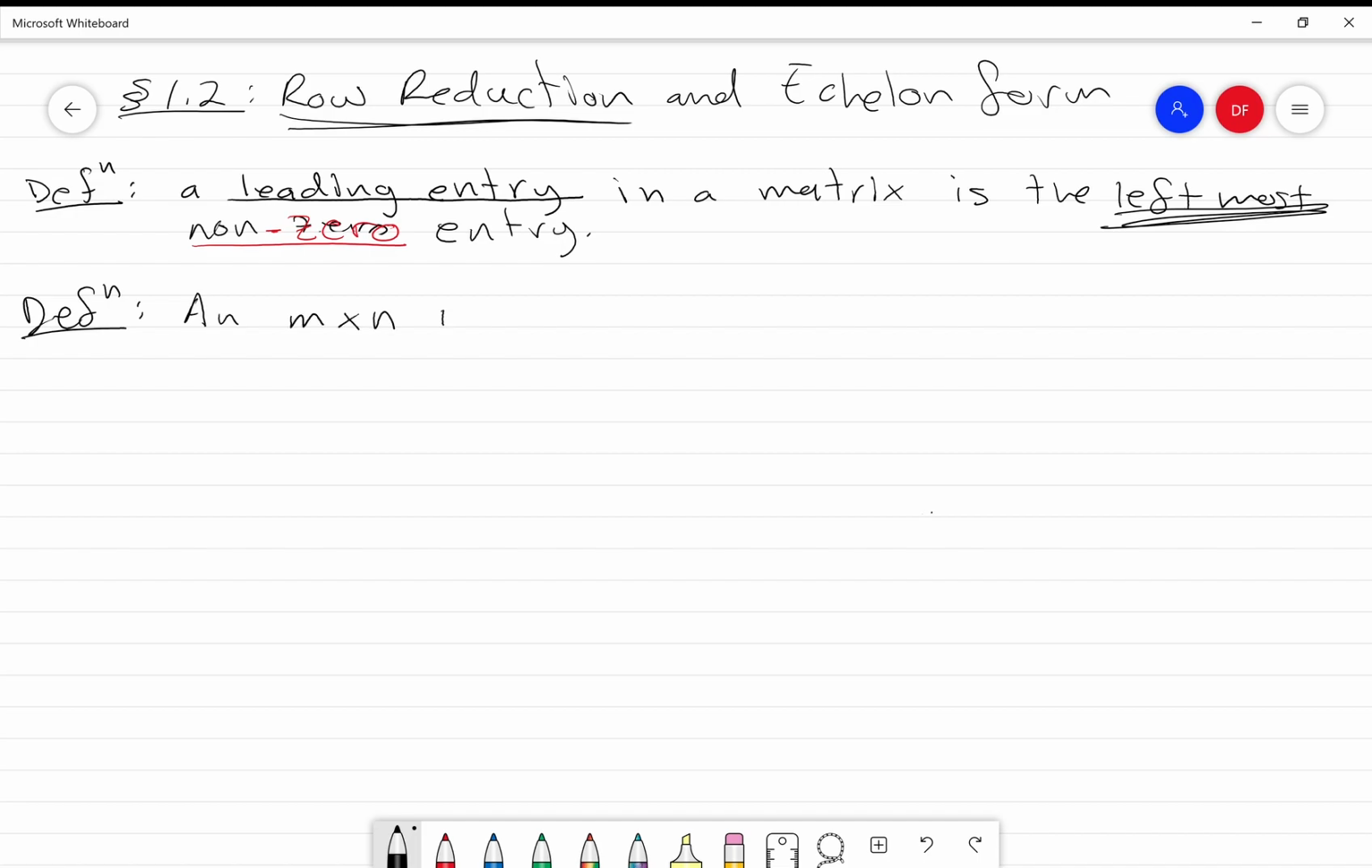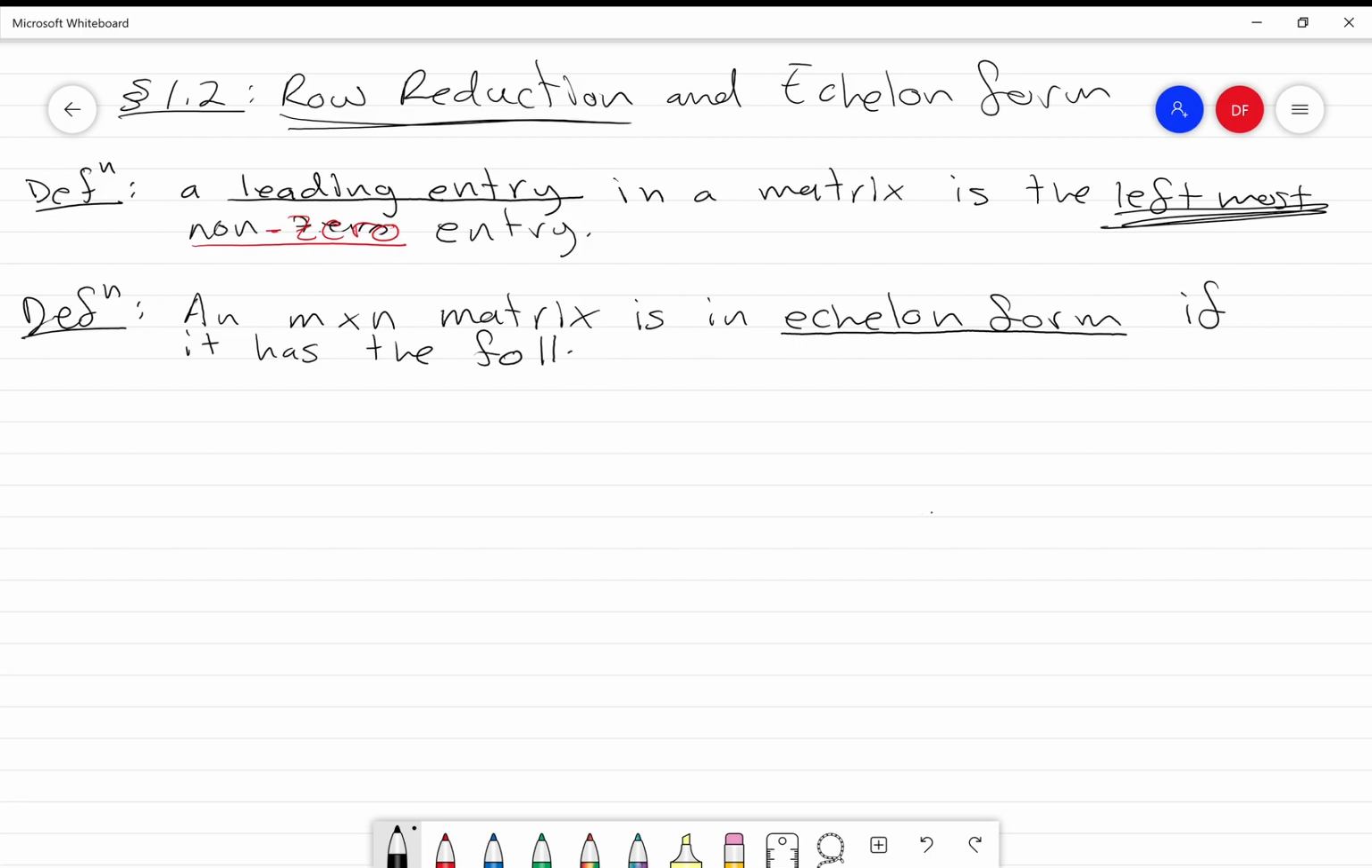An m by n matrix is in echelon form if it has the following three properties. 1, all non-zero rows are above